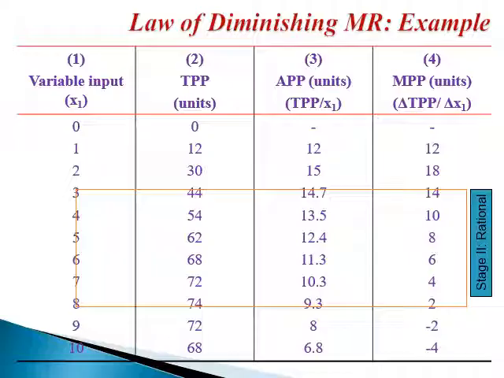Why in reality does it never happen? Because if we assume that x1 is water, for example, that the farmer is using to irrigate his or her crop, even if I do not use water, some output will come. Why? Because some rain eventually will come out of heaven. So it is impossible that if I use 0 x1, I get zero output. Usually you get some output, not the amount that you want to get, but you will get output anyway. So here we say that if x1 is 0,